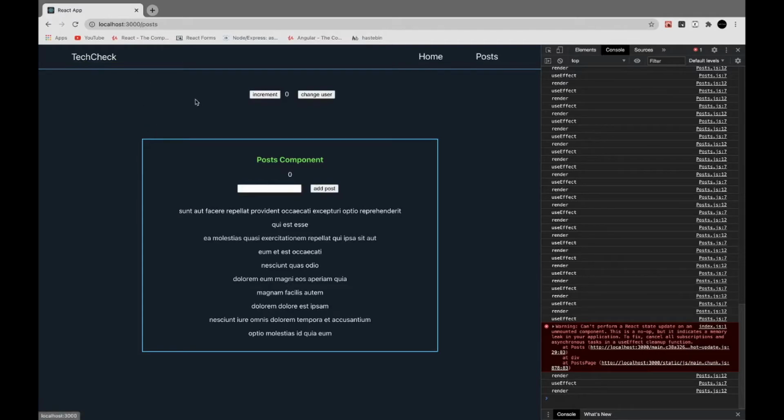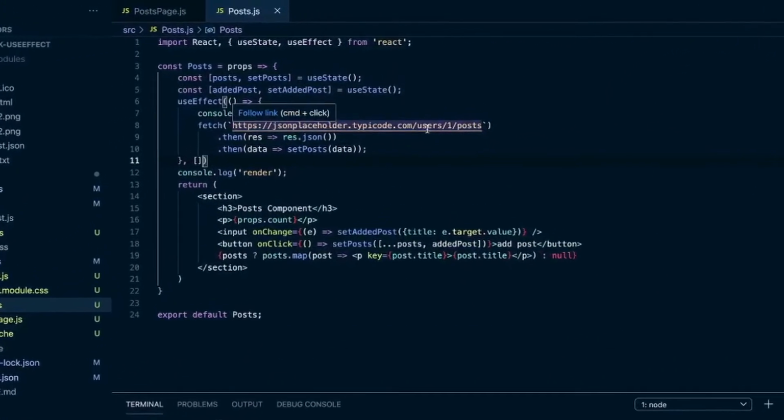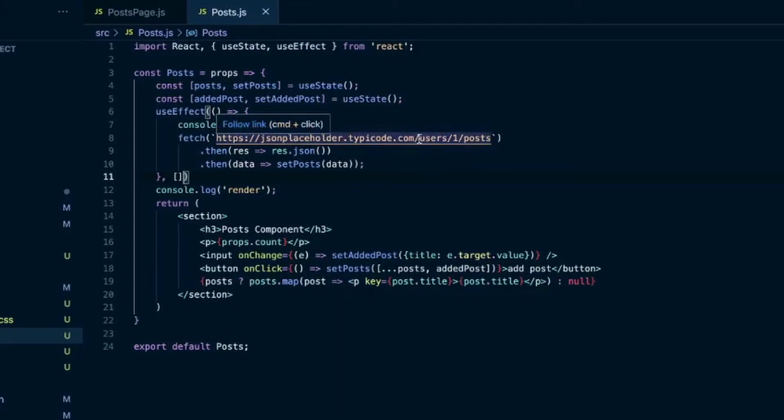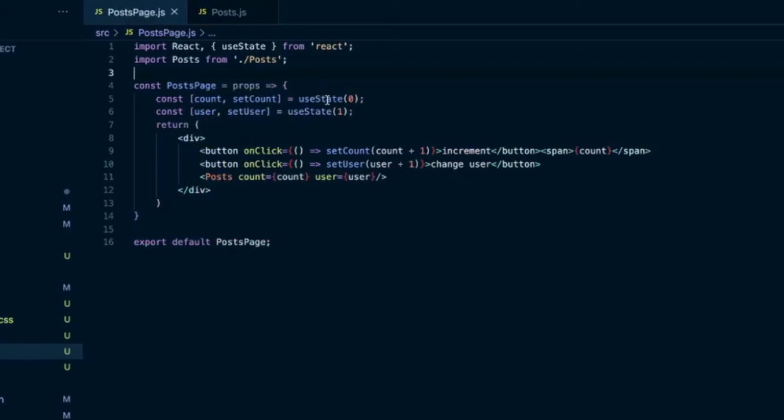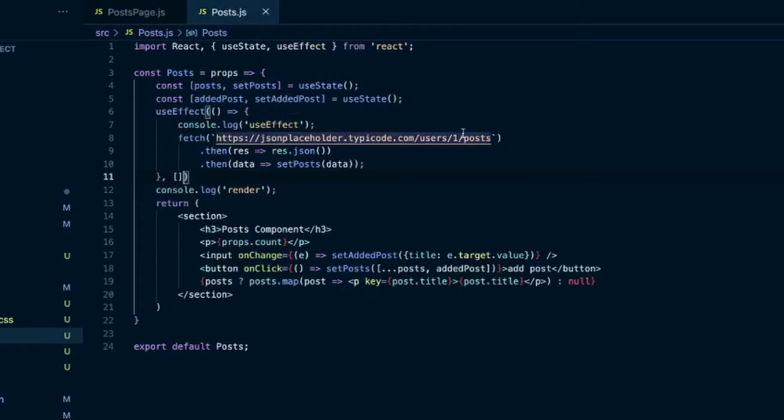But let's say we wanted to call useEffect not just on the initial render and not on every re-render, but when the user changes, because we want to get different posts for that user. The way this API works is we have users and then a number which represents the user, and then posts, which are the posts of that user. And this parent component, I have that change user button, which is changing the user by incrementing this number and sending it into the post component. And so I can use that here